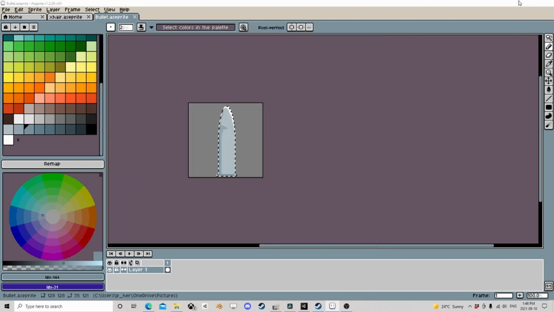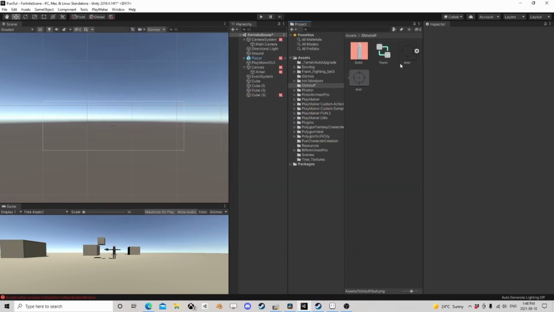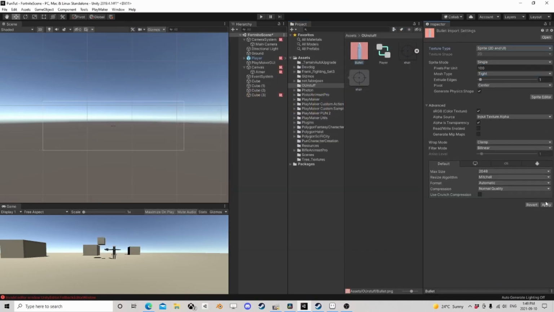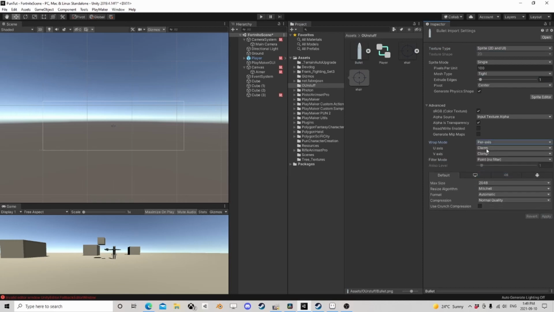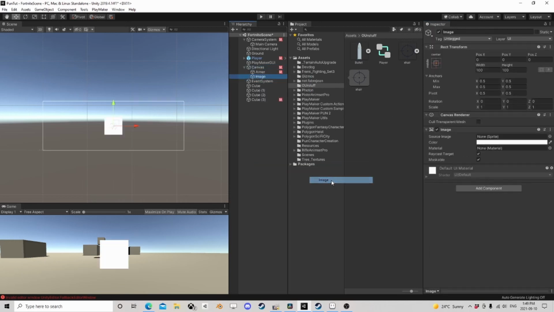There it is. Sometimes you just gotta refresh folders. So now that I'm in Unity with it, I can change this to Sprite and hit apply. I should also do this, no point there, and wrap mode. I'm gonna go on per axis, and I think it's clamp, repeat. So in our canvas, if I make an image now,